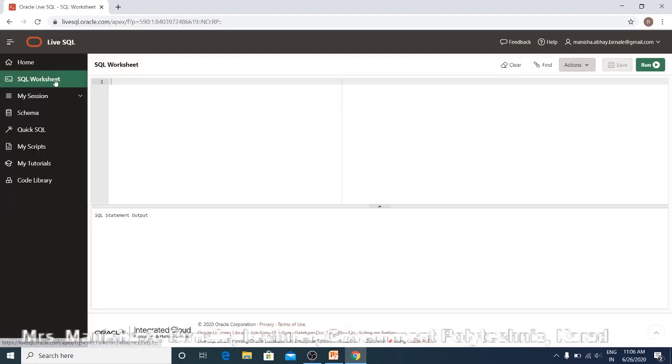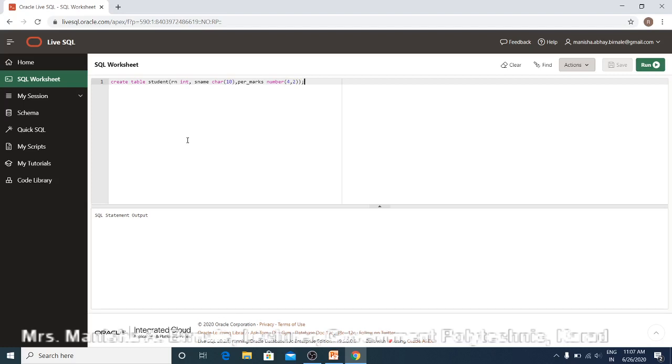So here SQL worksheet is displayed and here you can type your command. For example, create table student in bracket roll number, its data type is int, then student name, its data type is suppose char 10, and percentage marks, its data type is suppose number 4,2, like this.